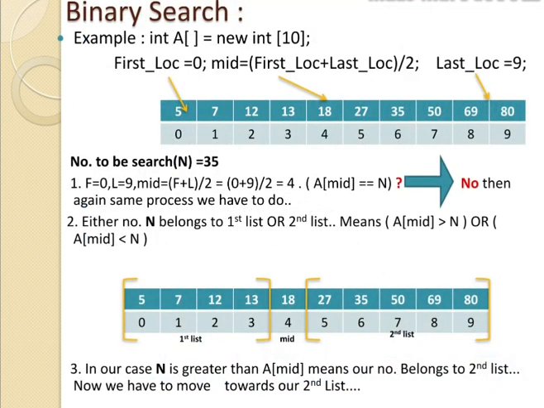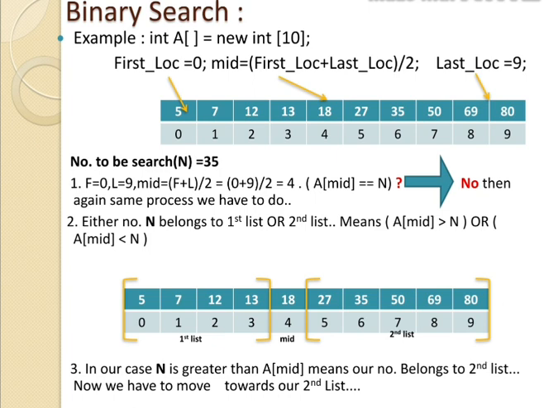Now I'm moving further. The same thing I wrote at the top so that you can easily go through it. And then see, we have to search for the element that is 35 in our array. Now I'm showing you a dry run, and after that I'm going to show you the logic. If you are not moving with me, with my words, then it is difficult for you all to understand what binary search is.